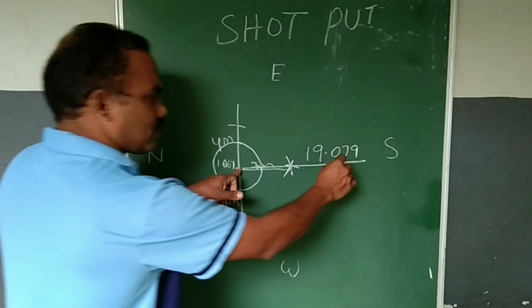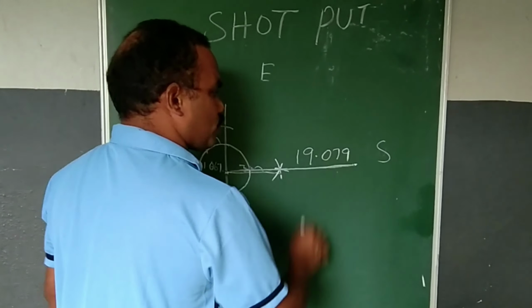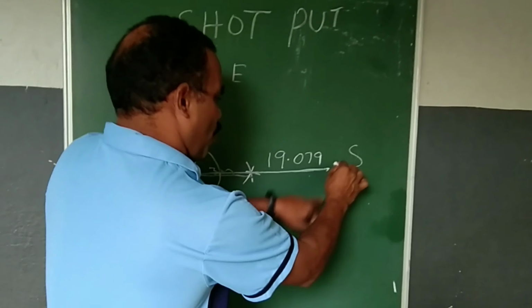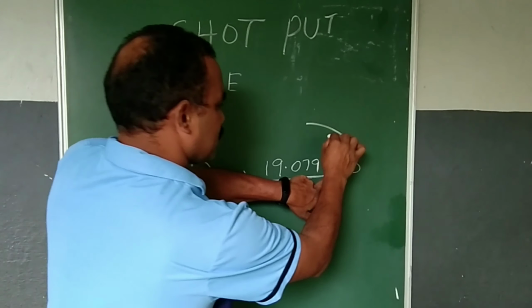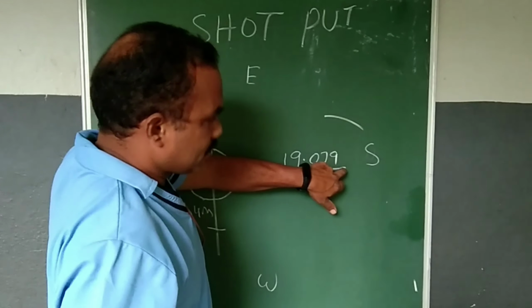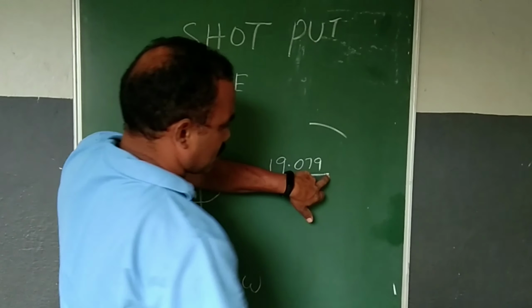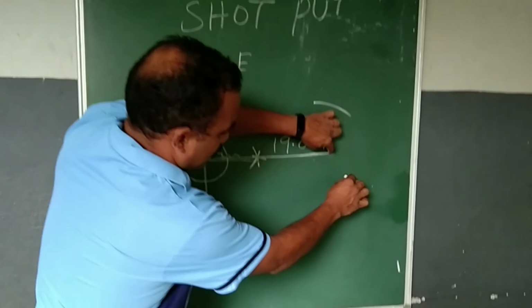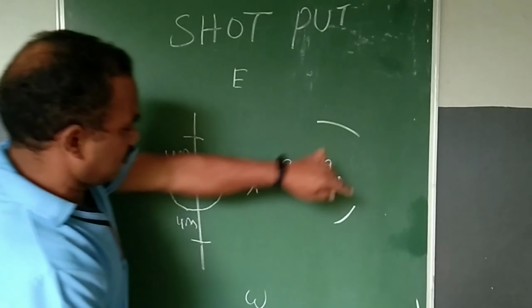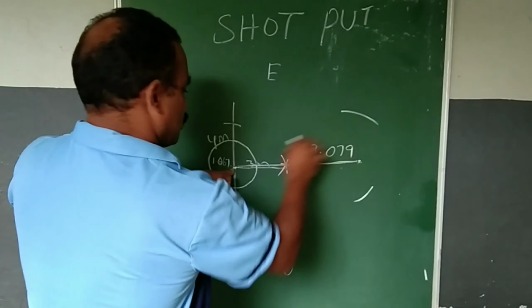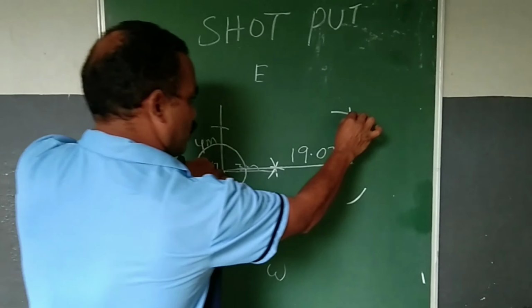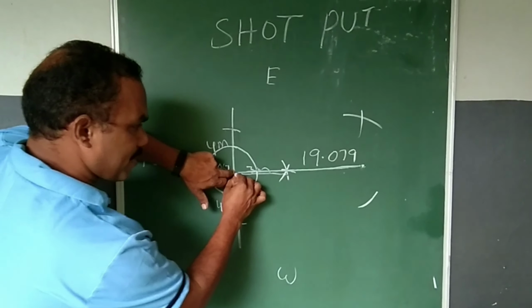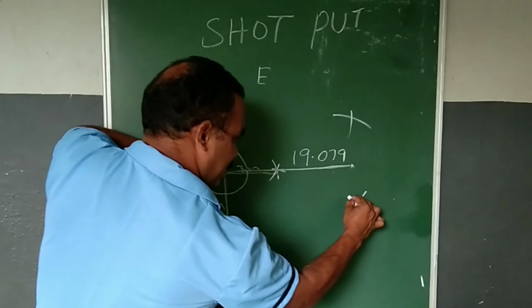So now we came to the straight line. The extent of the line is 19.067 from this point. From here you make a 6 meters arc, and from the other side also 6 meters. Then from here you have to cross this line at 20 meters. From here to here 20 meters, and in the same way from here to here also 20 meters.